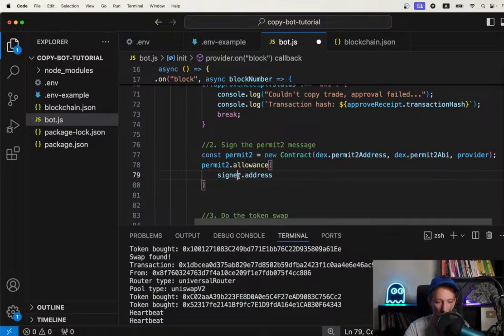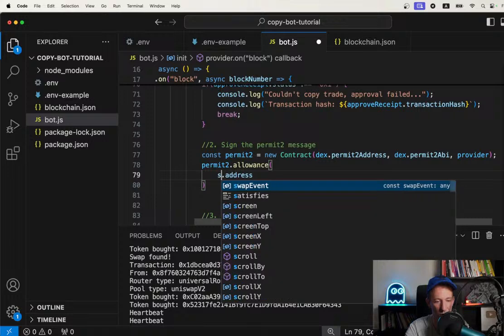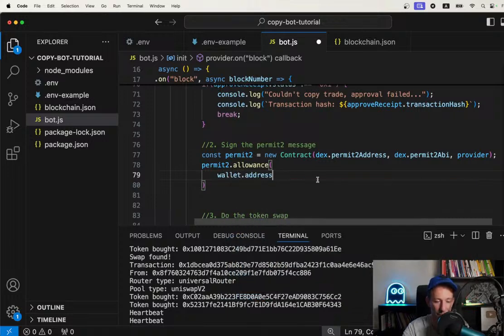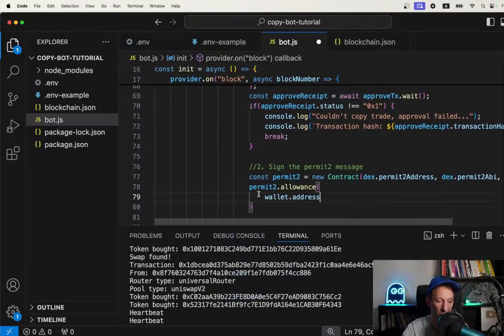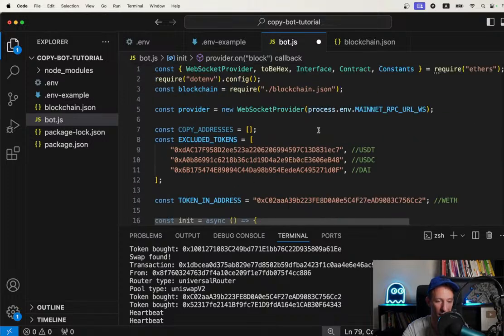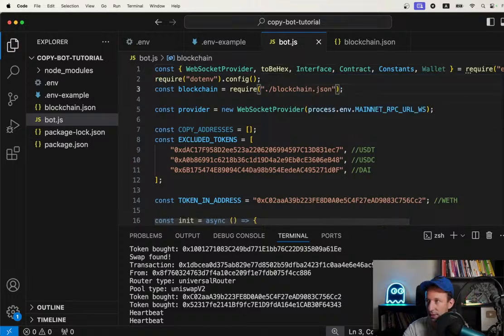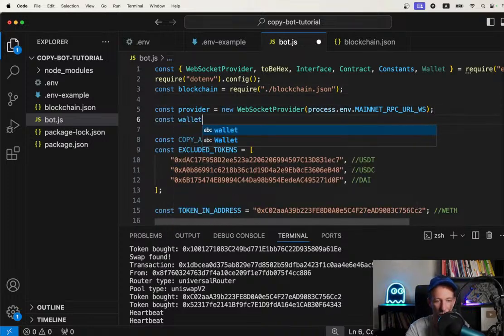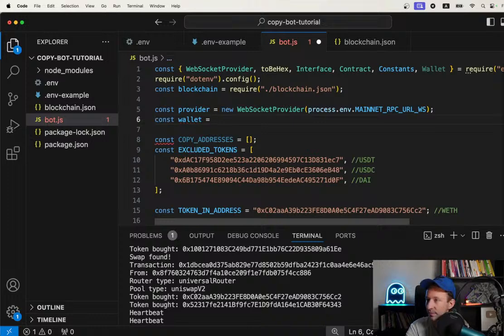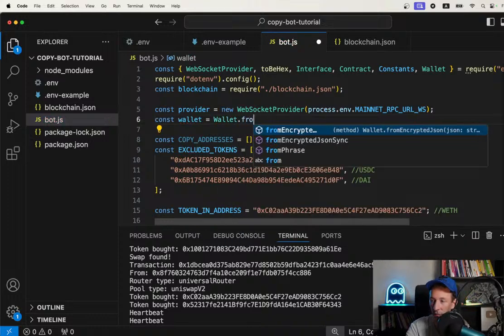Oops. Okay, so actually here we want to know the address of the. We want to know our address, and so for that we are missing something. We are missing a wallet. So how are we going to get the wallet here? Wallet equal from